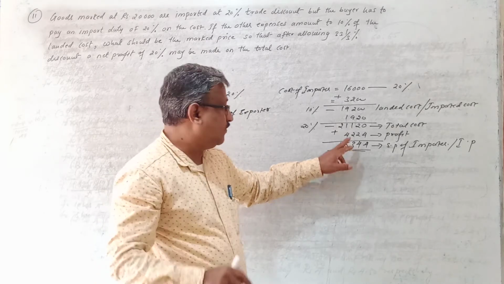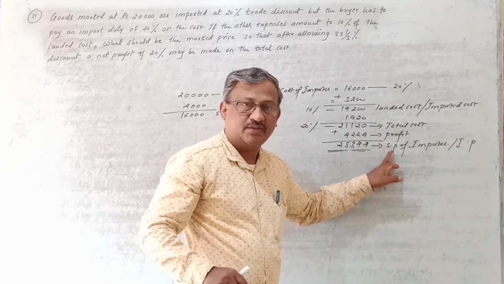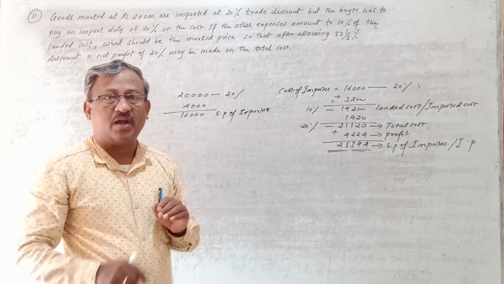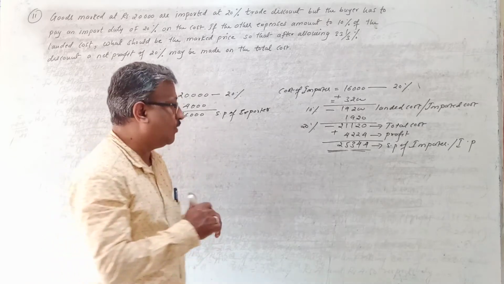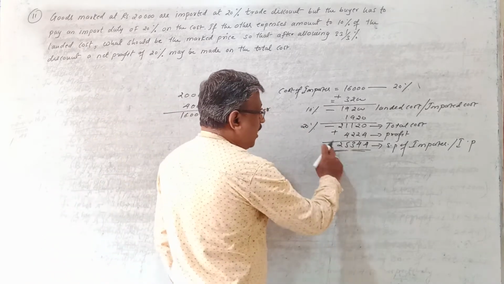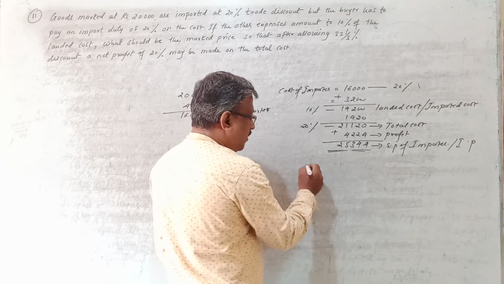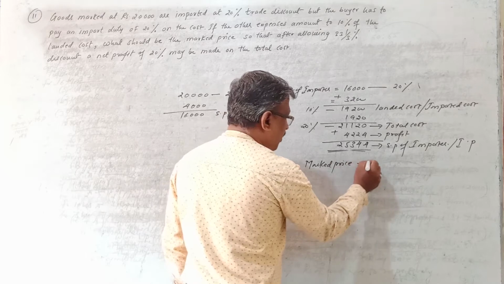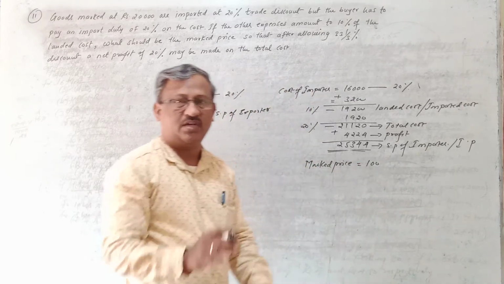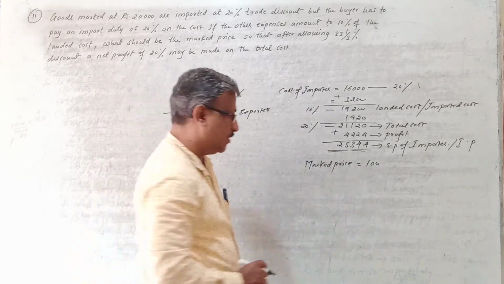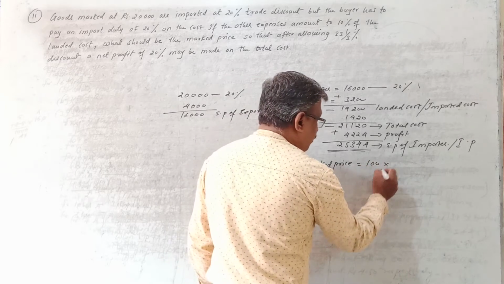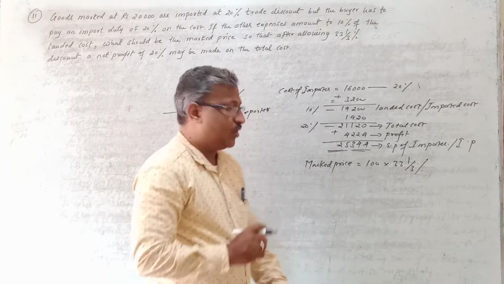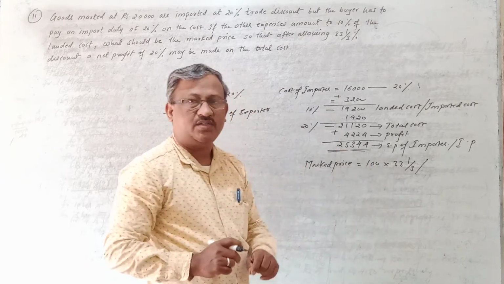So what I want, if this is the invoice price or the selling price, is what should be the mark price of the importer. At what price he has to mark his goods for sale, that I want. So to calculate that, what do you have to do? Here I don't know what is the mark price of the importer. So the marked price of the importer I will assume as 100. Suppose he has marked his goods for sale at 100 rupees. So on 100 rupees, he straight away gives 33 and 1/3% discount. So I will calculate 33 and 1/3% discount on 100 rupees.